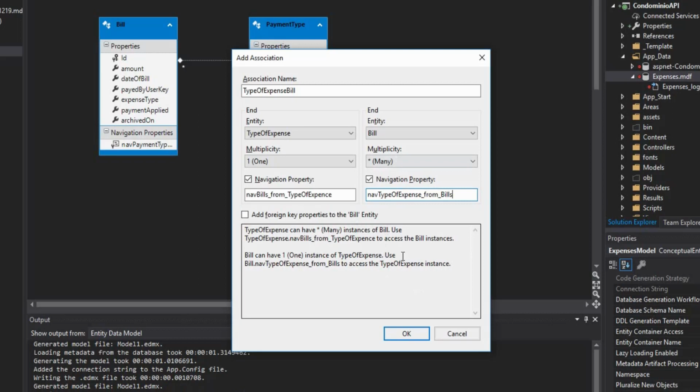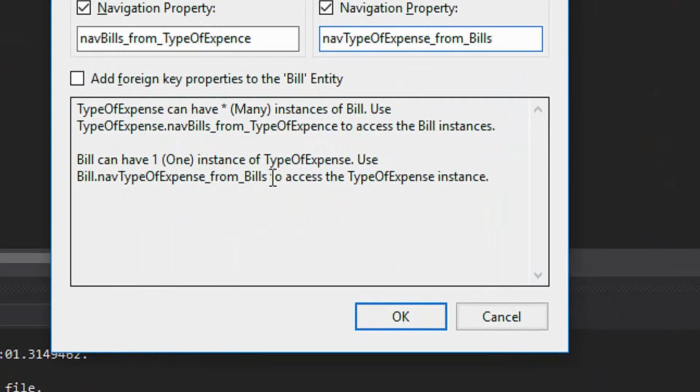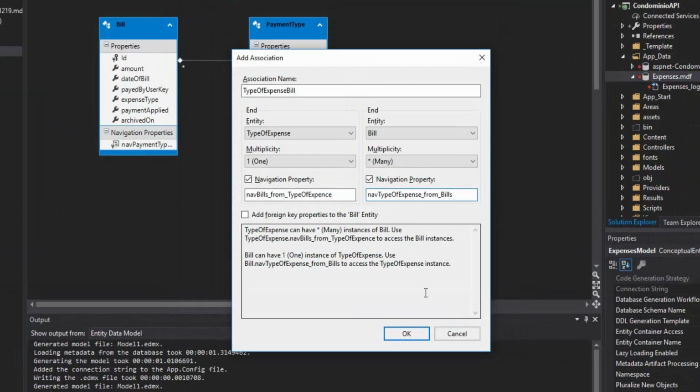If you want to check that the relationship we have created is correct, we read what is written here in this dialog area. So here we have type of expense can have many instances of bills. That one is okay. Use type of expense nav bills from type of expense to access the bill instances. Okay, so bills can have one instance of type of expense. Use bill nav type of expense from bills to access the type of expense instance. So what we created here is actually what we want. So we hit OK,